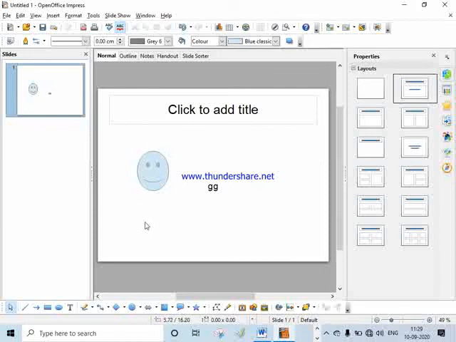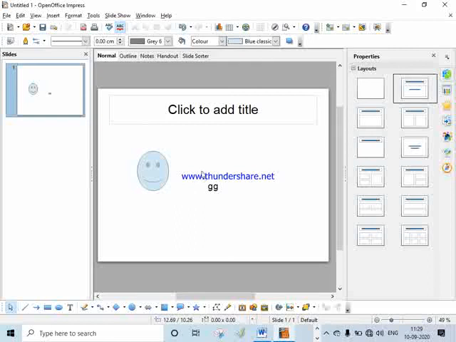The next is task panel. This is our task panel. It contains various panels such as master. This is my master page, table design, and properties, and custom animation. All the properties that you are going to apply on this working area.